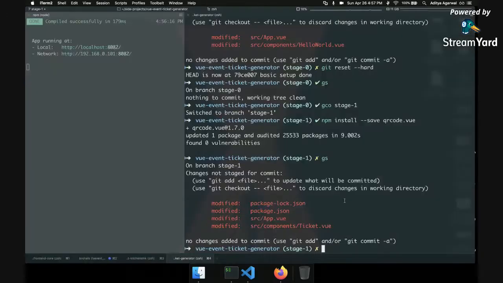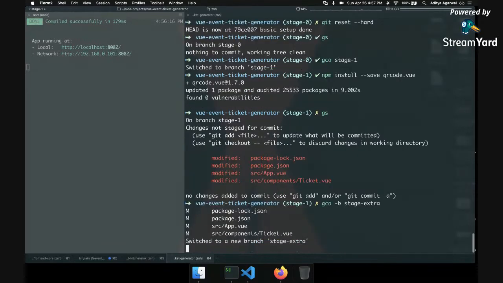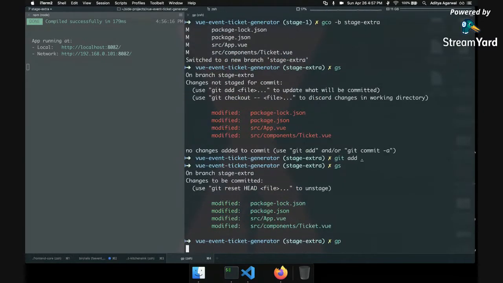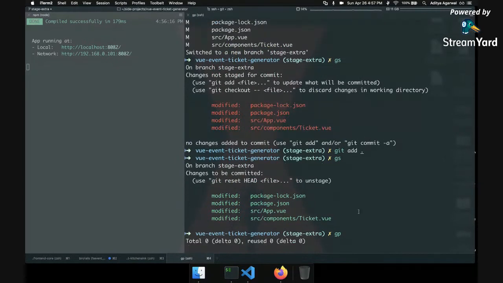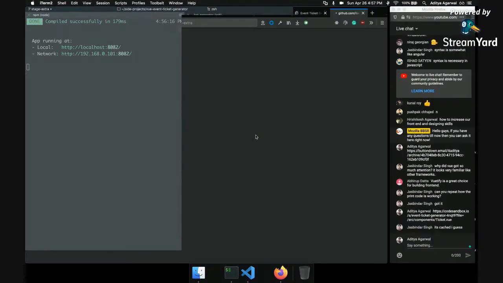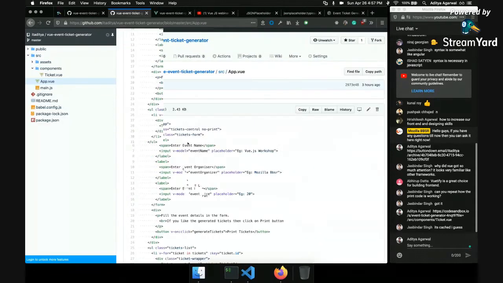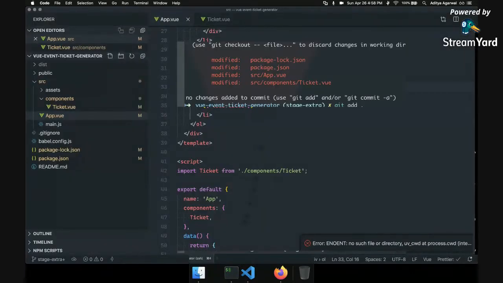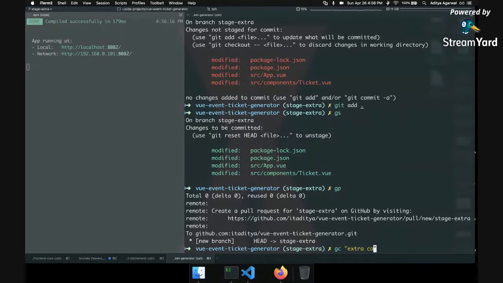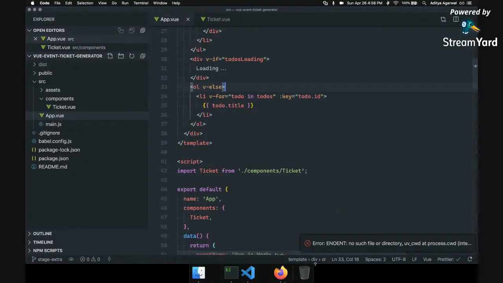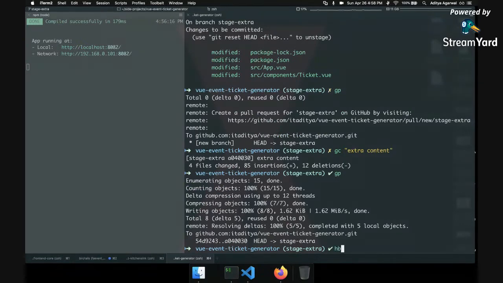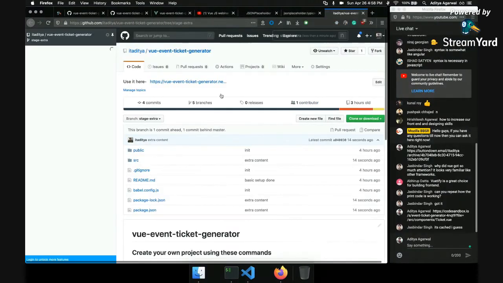And I'll push this extra code to a separate branch. So you can see the extra code here, whatever I did in the end.